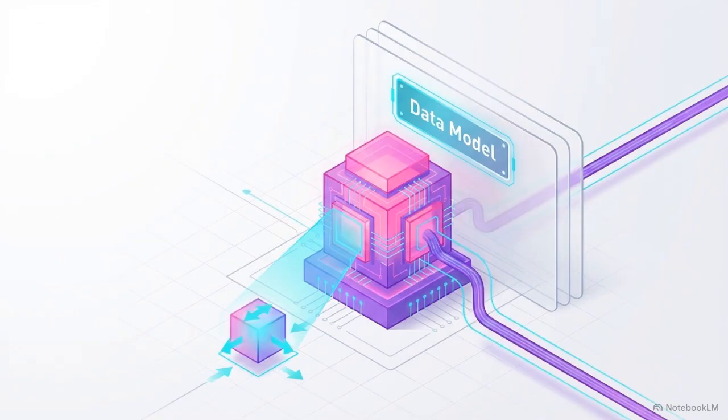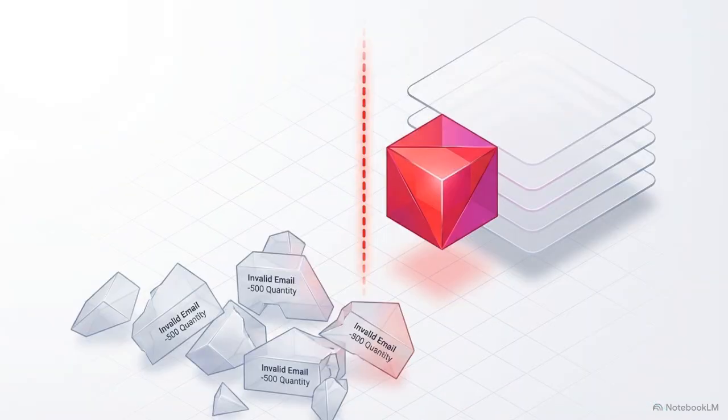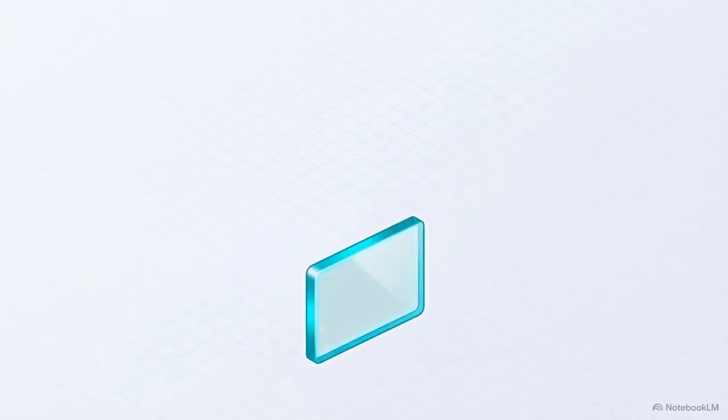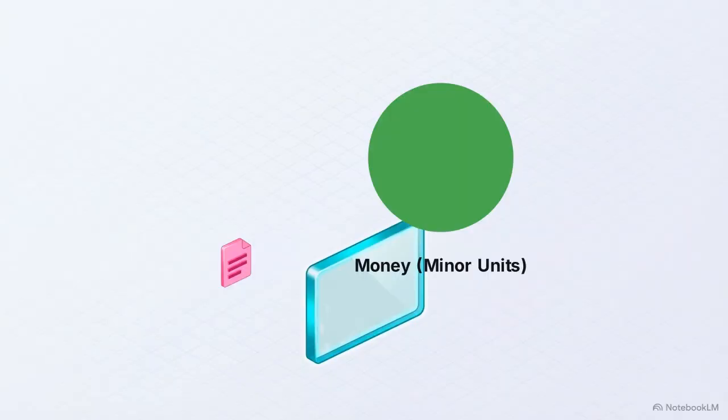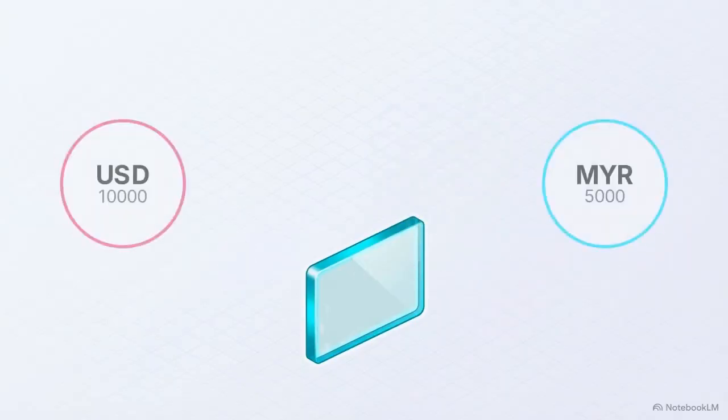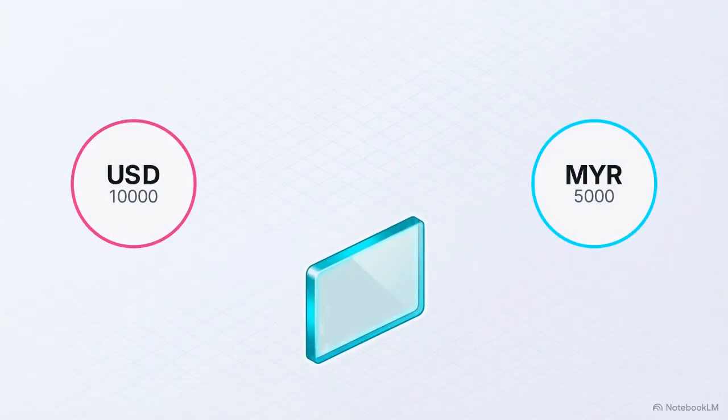Data corruption is blocked at the perimeter using value objects. These are immutable gatekeepers that ensure logically invalid data never enters the system to begin with. Take the money object. XBO strictly bans floating point math to prevent rounding errors, storing all amounts as exact integer minor units. If you try to mix incompatible currencies, like ringgit and US dollars, the action is physically repelled at